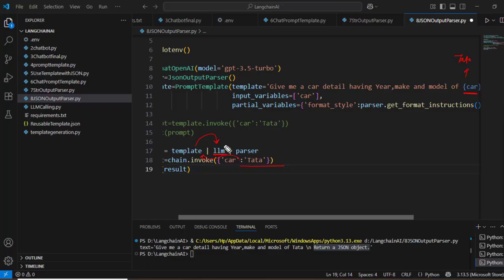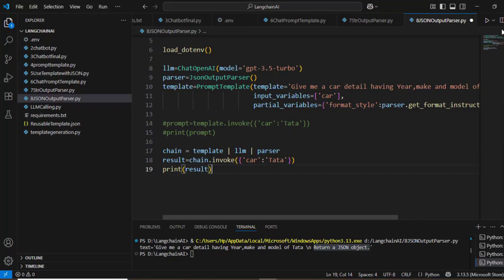Then the LLM will perform the operation and produce the result, and the result will have a lot of metadata and all. So those extra things will be removed, and you are going to get the perfect JSON result. So let me show you this output. If I execute it,